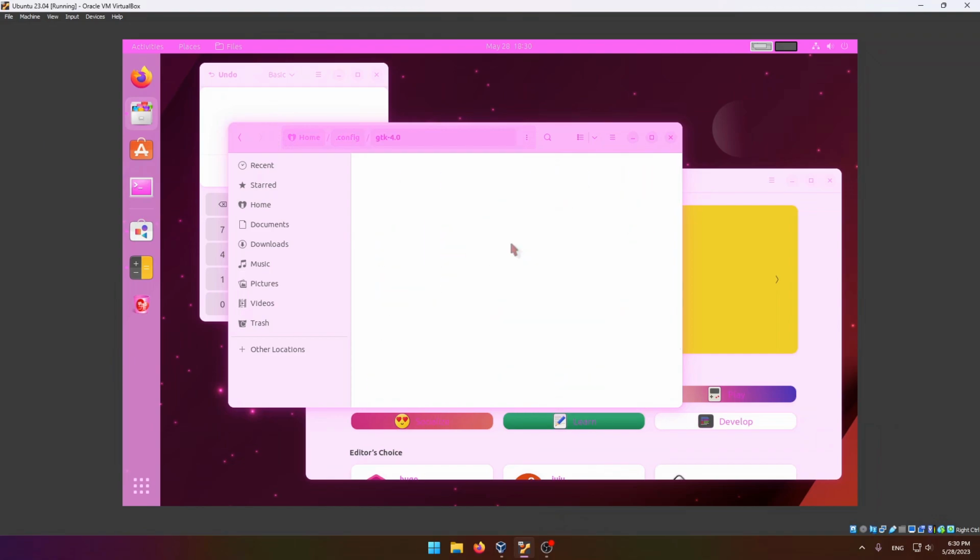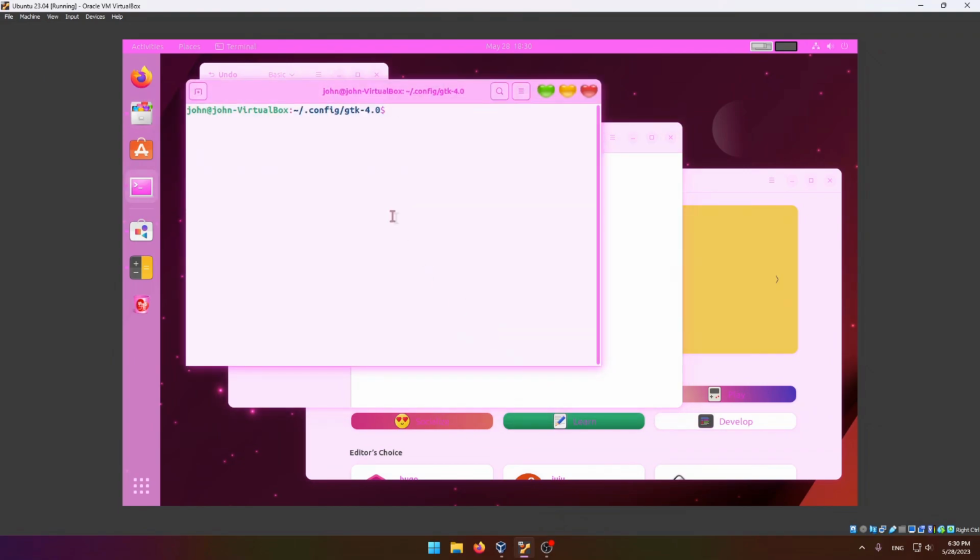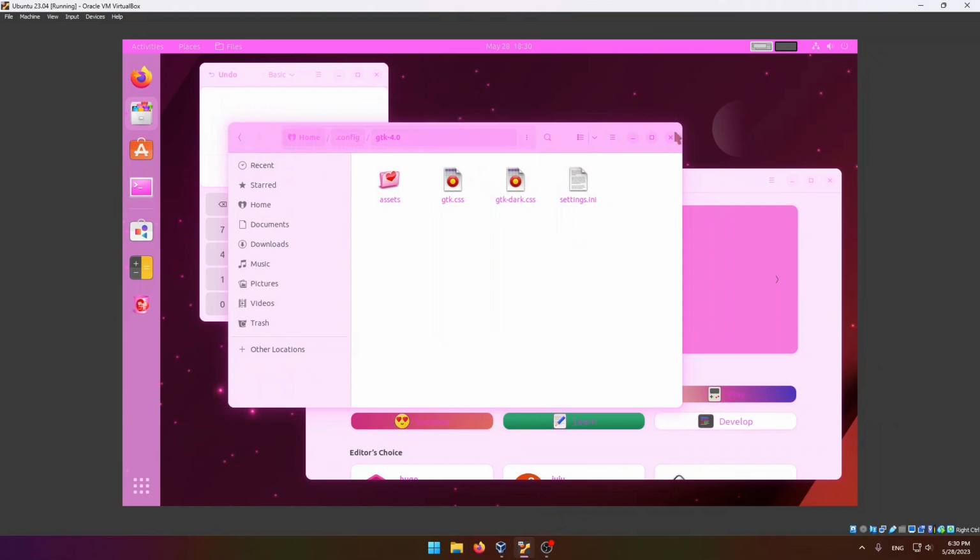home.config GTK4. Here, very important thing, open in terminal, write the command sudo chmod 777 plus hashtag, it is shift 8, enter. In this way the settings will overwrite the standard one on Ubuntu, and even after you reboot the system, this will be the default theme, not the Ubuntu white and black GTK4 theme.